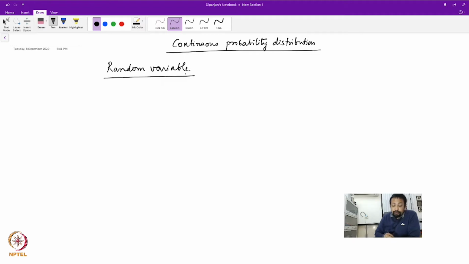Right? So it is clear that the name continuous itself bears certain things: this particular random variable, let's say I call this variable x, can take on values on the real line. So defining a random variable formally is essentially done from the abstract sample space. So we had the abstract sample space S,